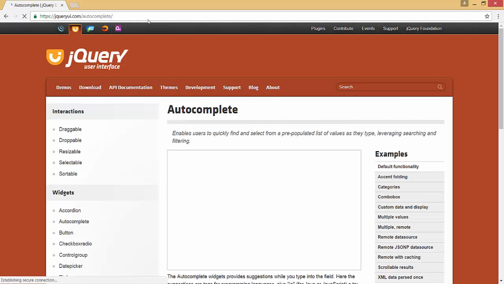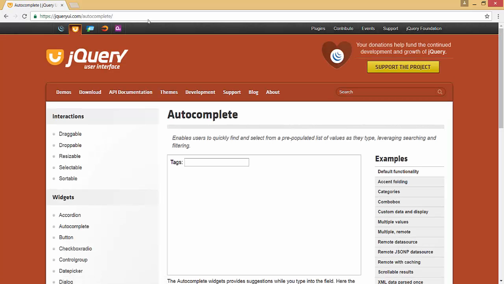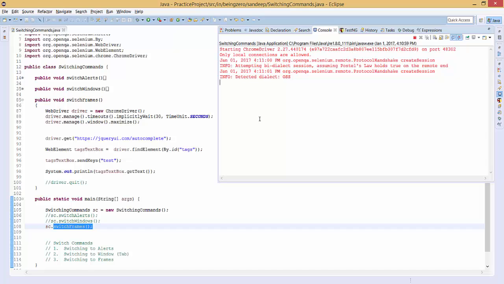So we run it, the browser window launches, we go to the right page, and there is nothing getting typed here. We go back, we'll wait here because we have given an implicit wait of 30 seconds. It is trying to find an element whose ID is tags, and it is not failing immediately. It will wait for at least 30 seconds before saying I did not find the element, and this test is